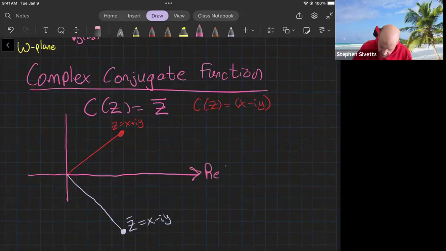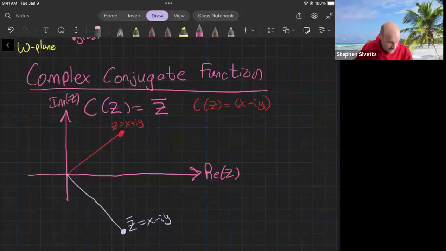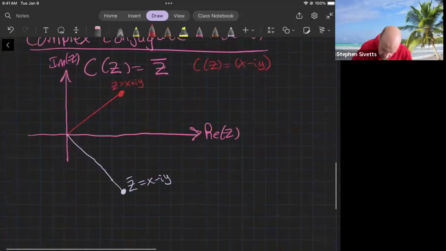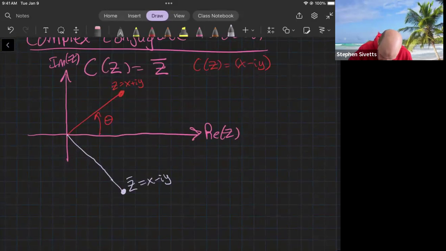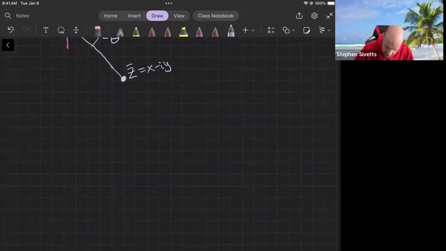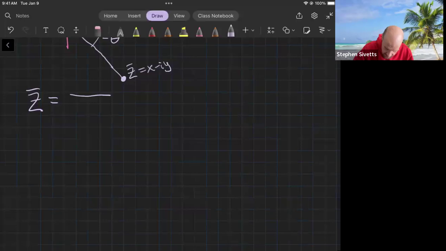So if this is the real axis and the imaginary axis, it takes points and reflects them off the real axis, geometrically. So this would be theta, and this angle right here would be minus theta. So geometrically speaking. Algebraically, in terms of polar coordinates, z would equal